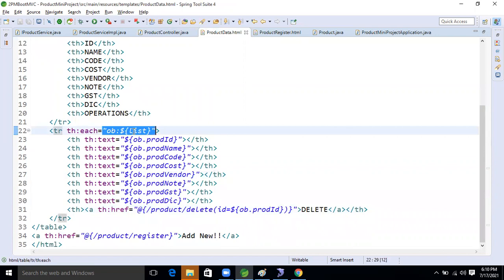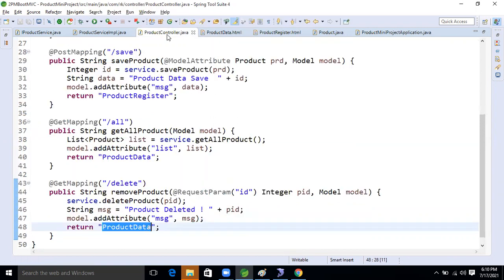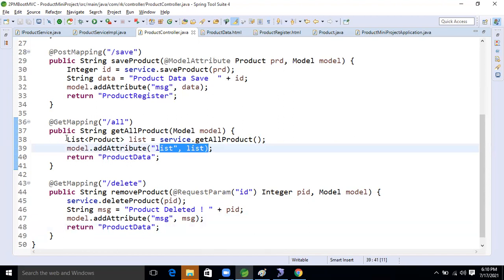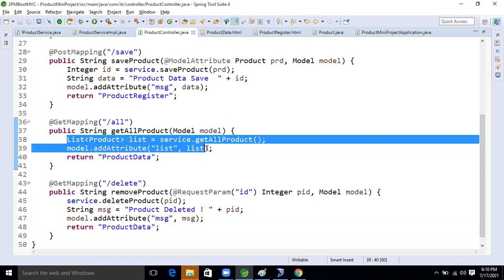Our application expects to read the list of data, and if we do not send it, the application will give an error. We need to expose the list because after deleting one record, the other records will also show on that page.